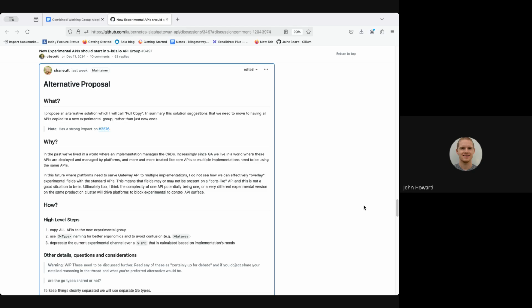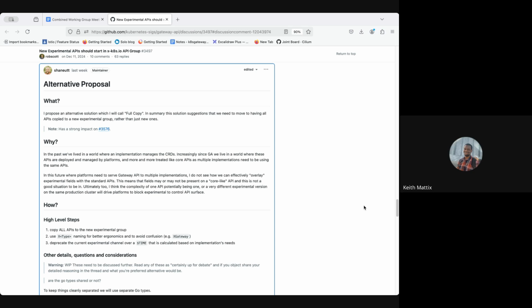Whereas today, worst case scenario, if I use an experimental field, some tool doesn't understand it. Let's say I add some crap to a random field in, I don't know, gateway. External DNS just is going to ignore that field and work entirely fine. But we're kind of splitting the ecosystem. And I don't even see how we could support this. You talked about all these if statements. The proposal is different Go structs for each experimental and standard type entirely. So there's no way to have, do we just copy and paste the entire code base? It's crazy.